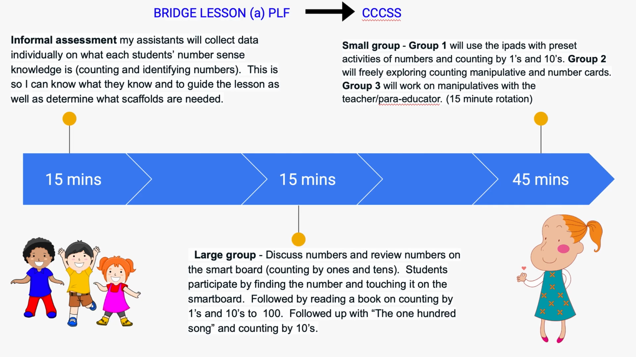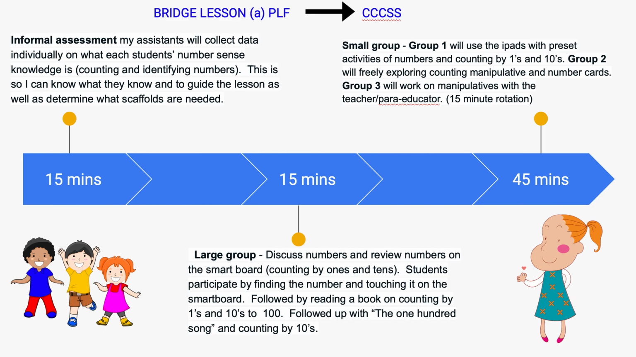So here's a lesson plan that I put together. I would first start with the informal assessment, to see where the kids are at, what they know, what they need to know, and what they need to be scaffolded on. My next step would be to go to a large group where we could discuss and review numbers. I'd read a book about counting by ones and by tens and let the students participate by touching the smartboard,